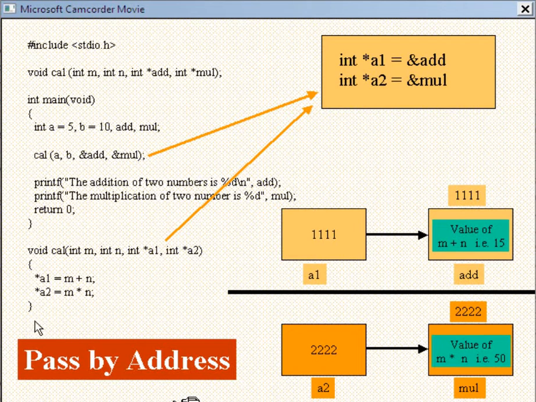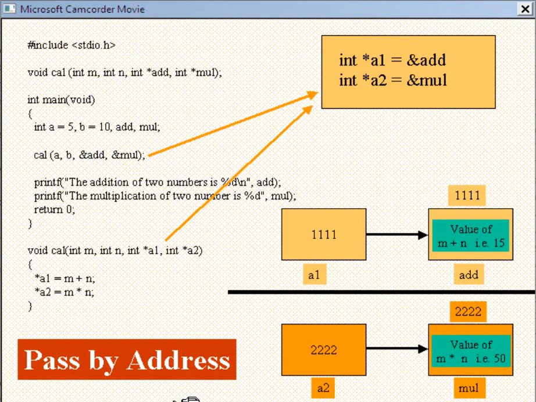So remember one very important difference between pass by value and pass by reference. In case of pass by value, the function copies the contents of the variable to a new variable, so the new variable will contain an independent copy of the original variable. In case of pass by reference, we are sending the original variable directly to the function with the help of addresses, and hence this type of function can change the contents of the variables whose address we are sending.